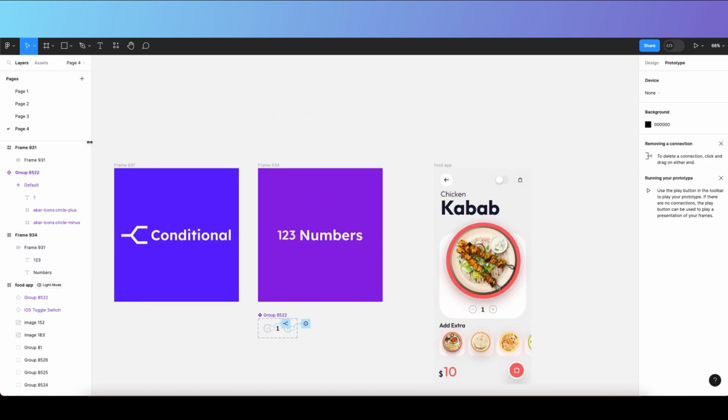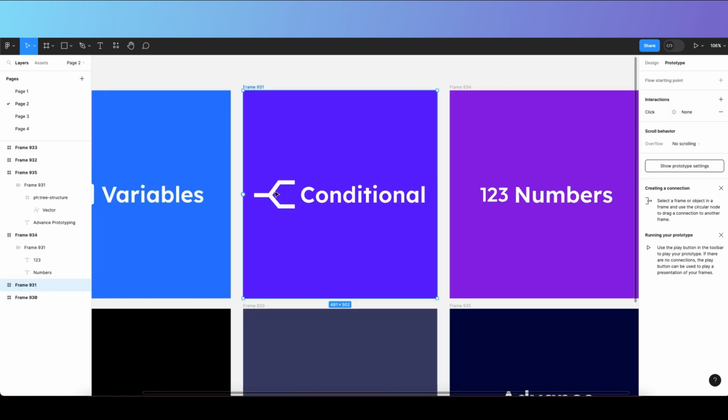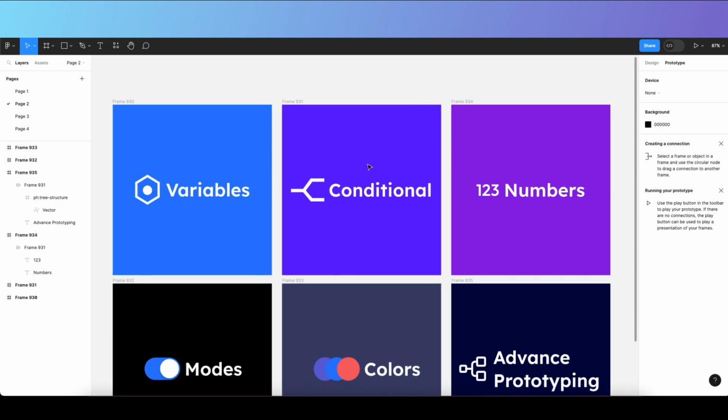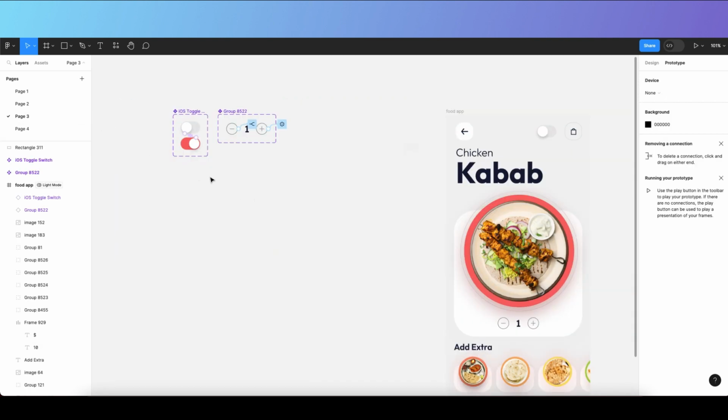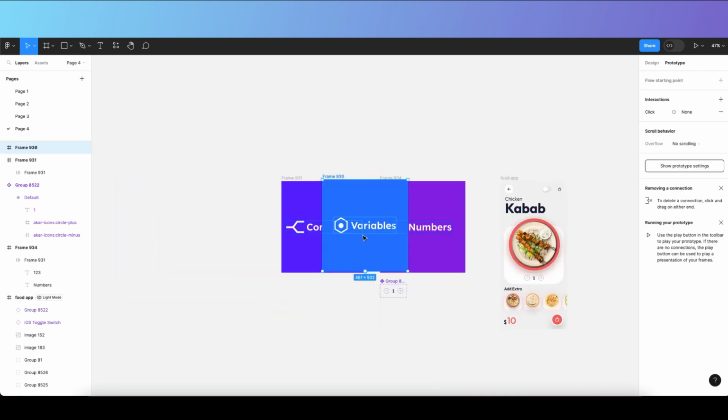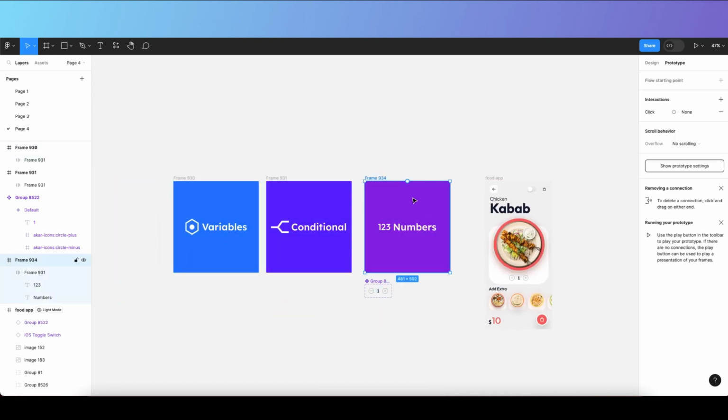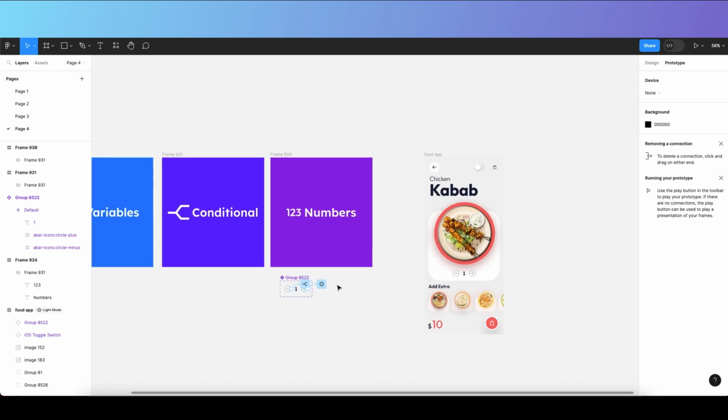Okay, now we have learned about conditions, variables, numbers, right? We also have learned the variables, right? So let me just put it here. So we also have learned these variables, numbers, conditions, right? And so if you want this